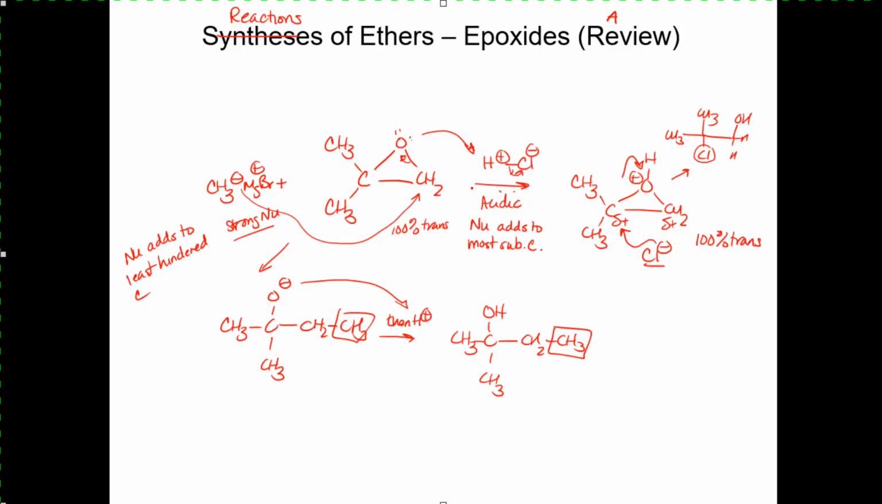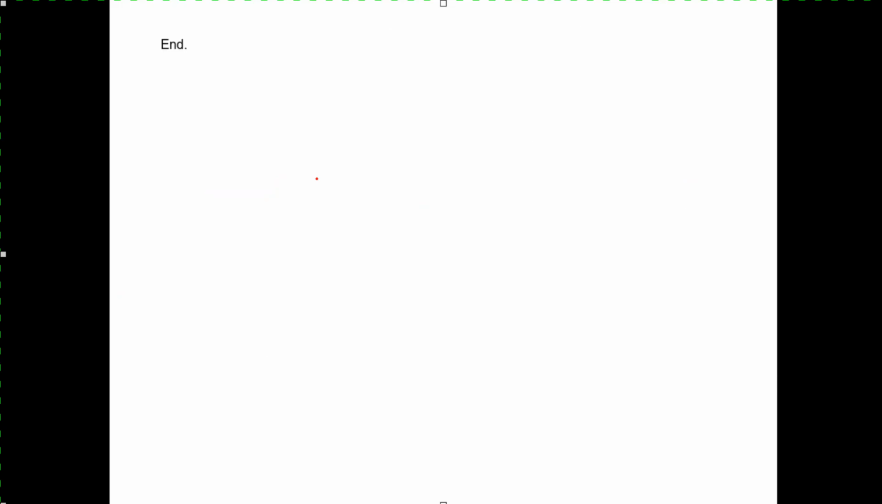So again, when opening up epoxides under acidic conditions, the nucleophile adds to the most substituted carbon. Under strong nucleophile conditions, or what the textbook sometimes called basic conditions, what does the nucleophile do? It adds to the least hindered carbon of the epoxide. So that's our reactions of ethers. Okay, so that was just a quick review because we talked about that a little bit in the last lecture